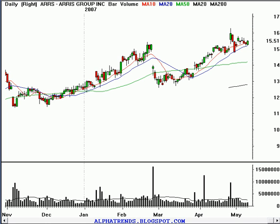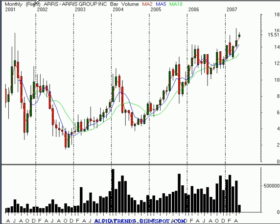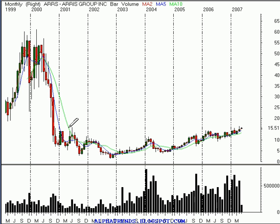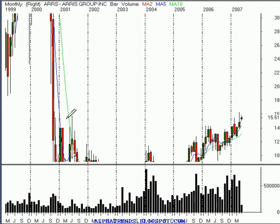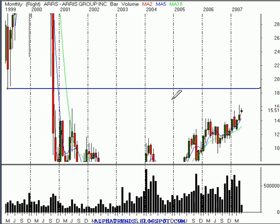ARRS is the symbol for Arris Group. And you can see here another stock that's broken recent resistance, now acting as support. We've got a rising 10, 20, and 50-day moving average. So the stock looks good on a daily time frame. Weekly, it looks good as well. And even on the monthly time frame, you can see that the stock doesn't have the potential for resistance for, looks like quite a few points higher. So there's really no overhead resistance that this stock's going to run to, perhaps until maybe up near 18.75 or